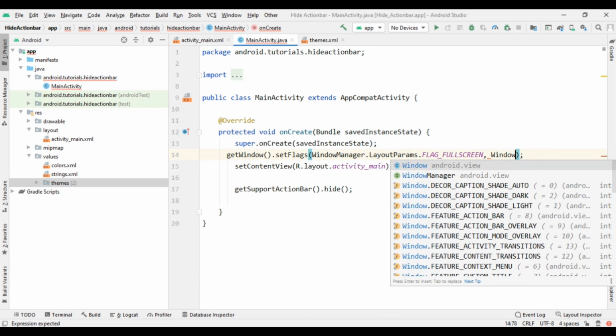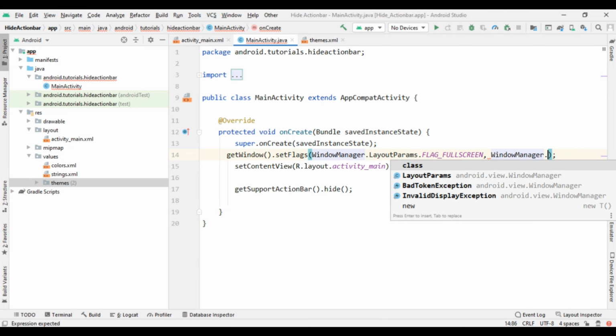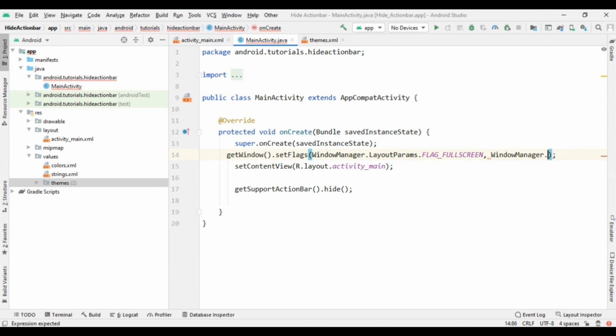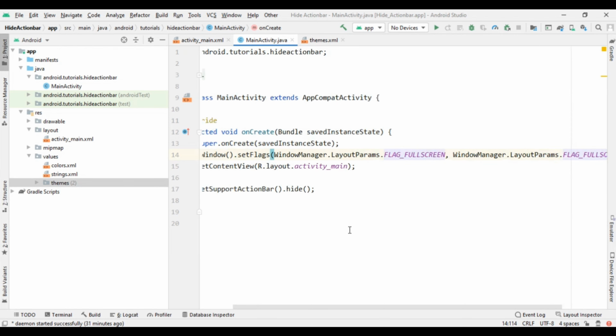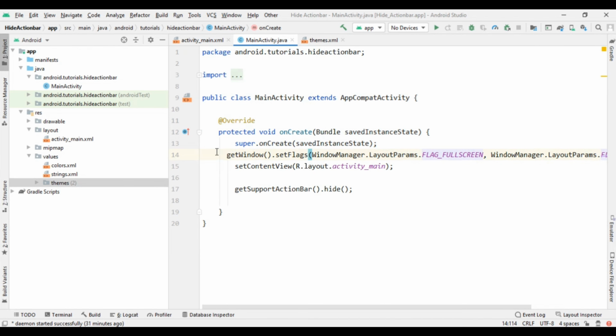This will remove our status bar from our Android application. So this was the Android tutorial on hiding the action bar and status bar.